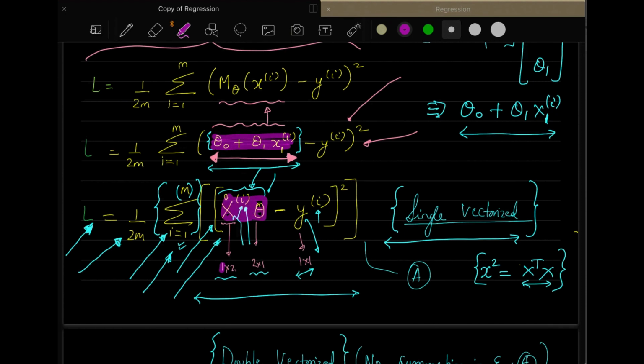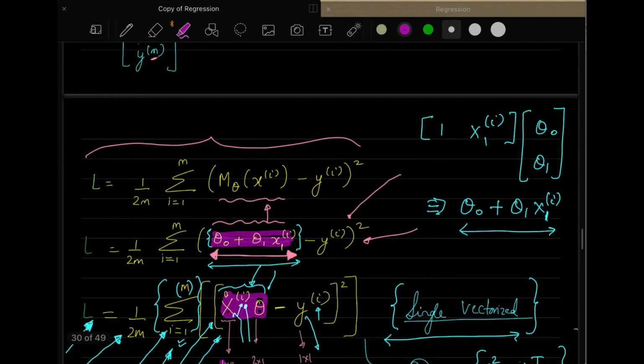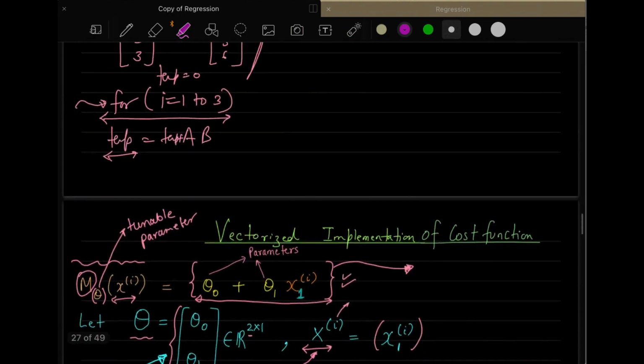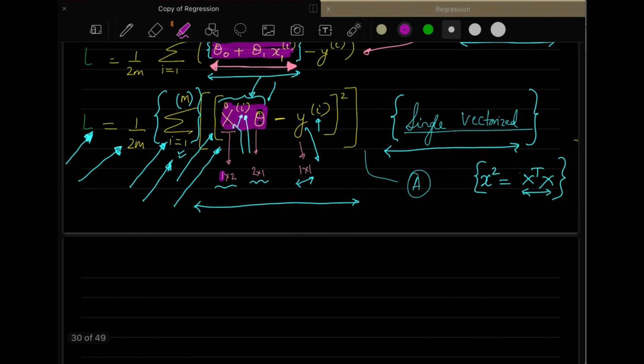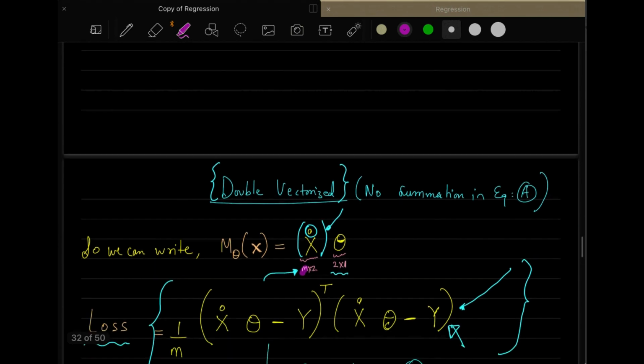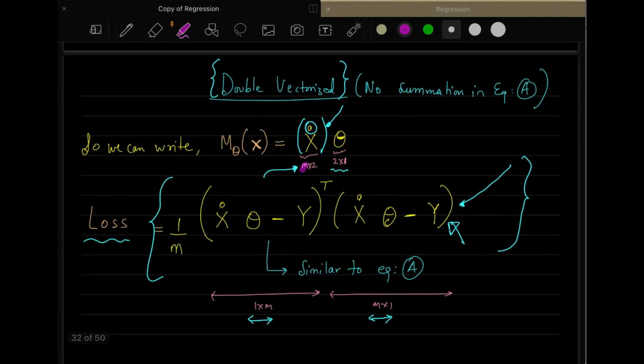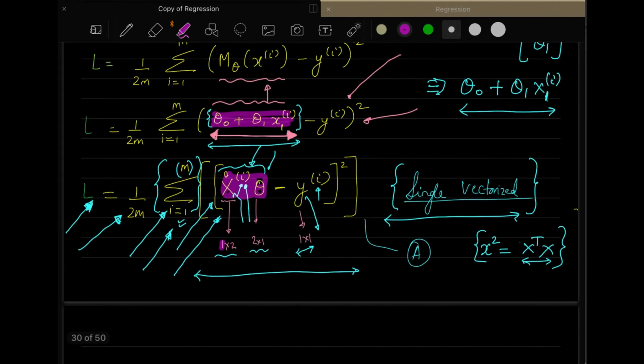Now the other important thing is how to convert this particular expression. So the next step is... Sir, what I was confused about was the matrix which you took, the x and theta. Okay. So let's say we have two training examples, not in the double vectorization, in the single vectorization only. Sir, in this case we had only one training example, so our matrices were 2 cross 1 and 1 cross 2.